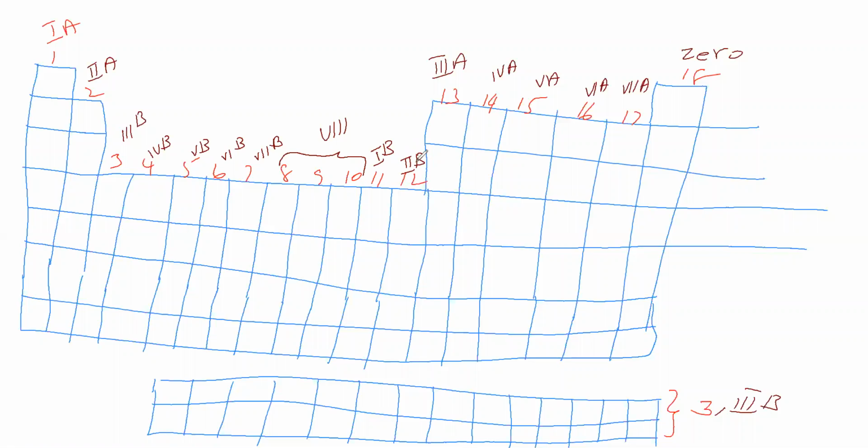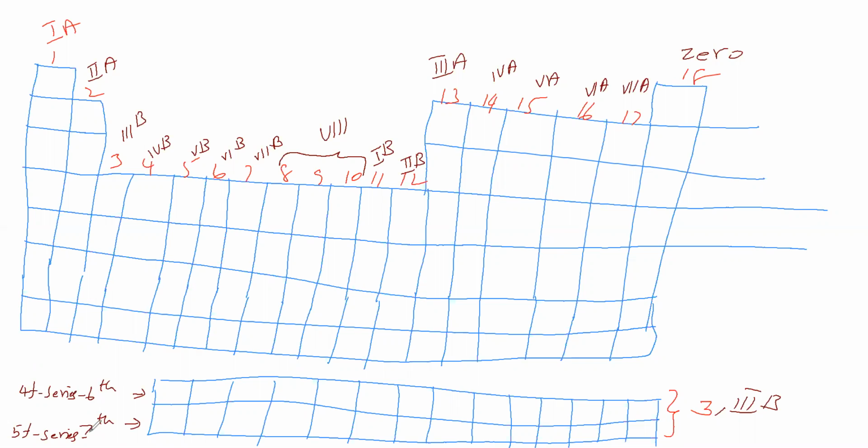Now we have given the period numbers for the F block only. Lanthanides are the 6th period, actinides the 7th period. In lanthanides, the last electron goes to the 4f orbital, therefore it is the 4f series. For actinides, the last electron goes to the 5f orbital, therefore the 5f series. So now we have given that.